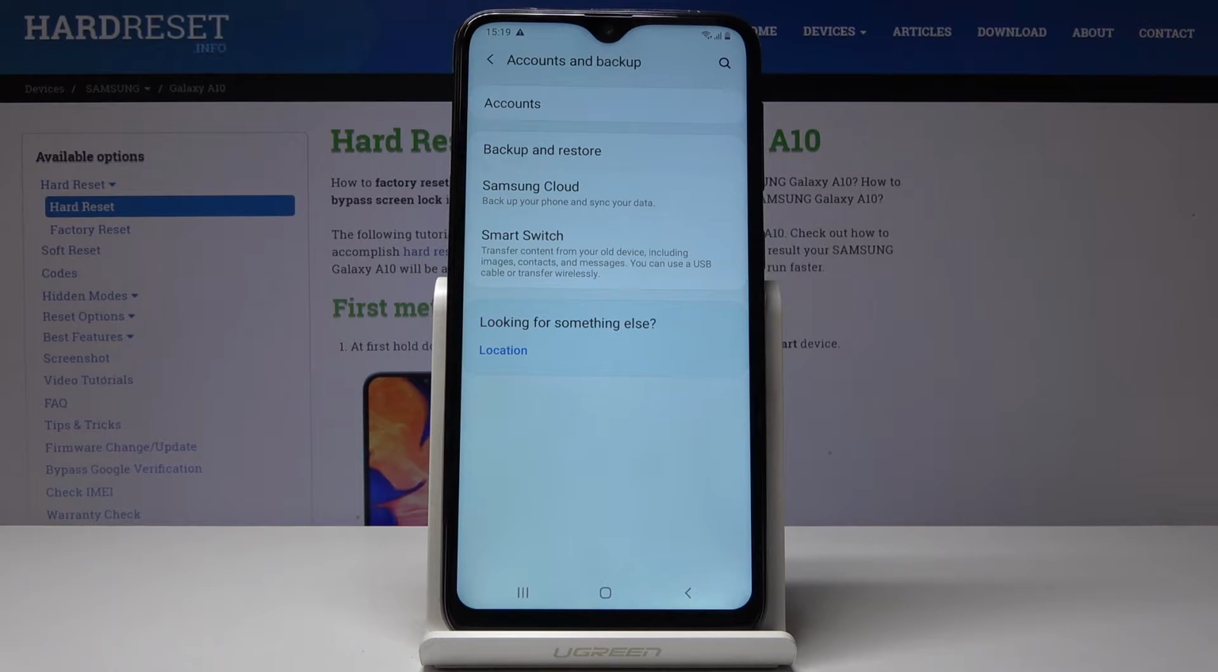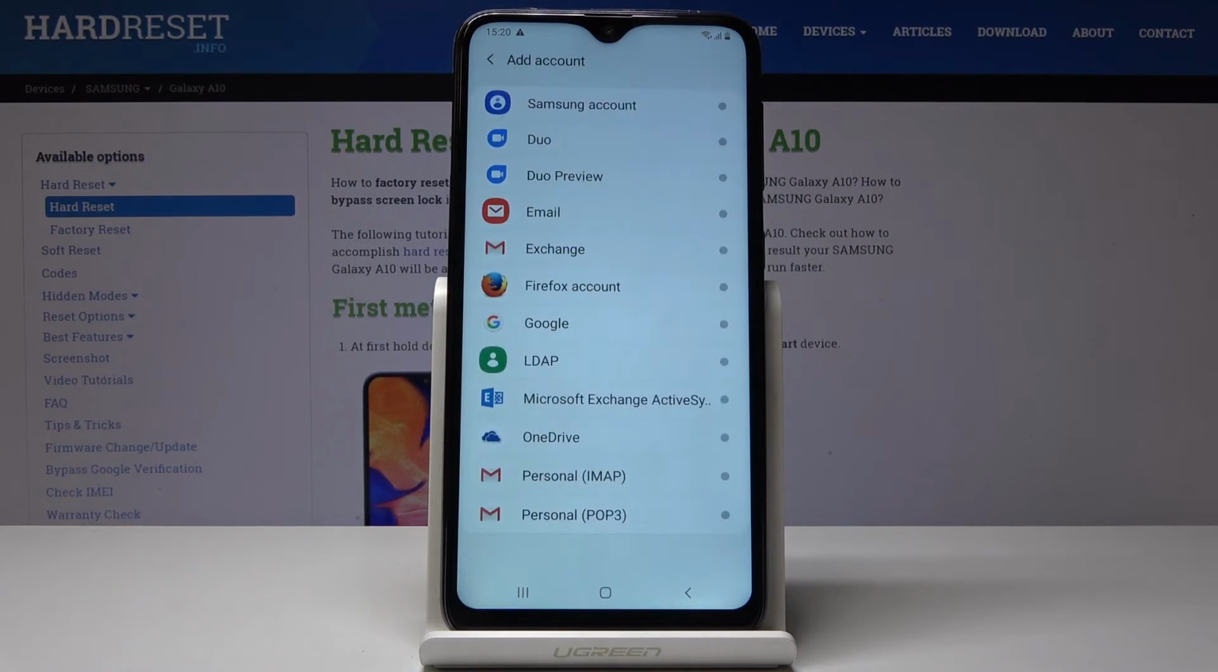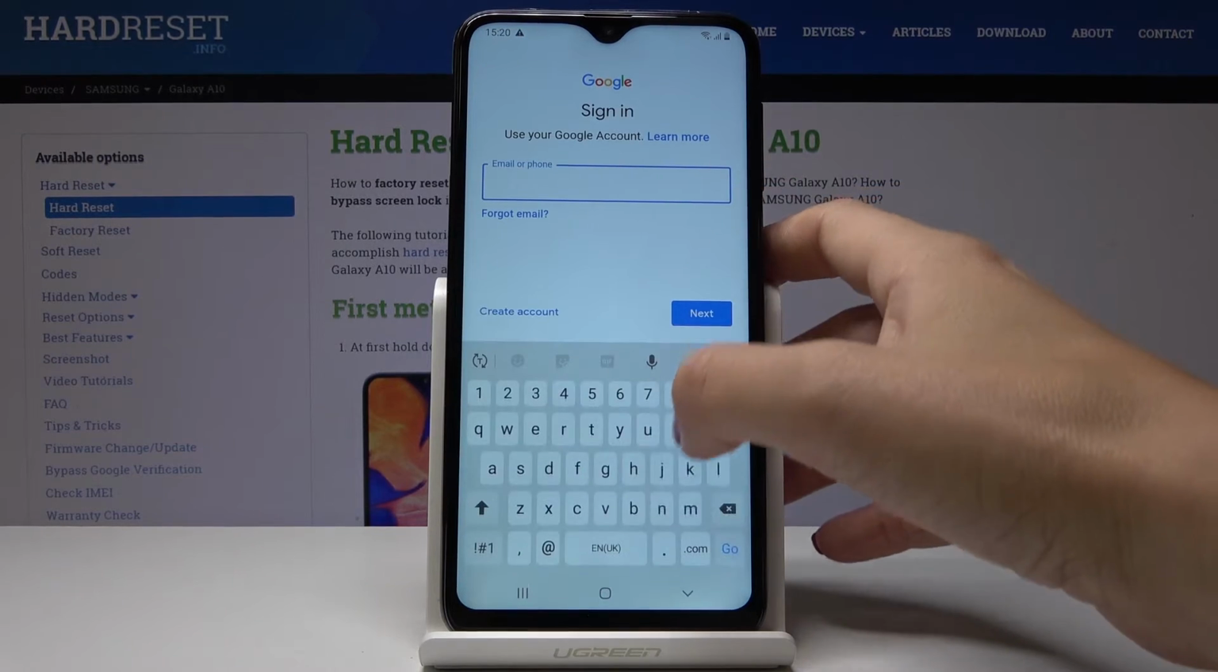Then if you would like to add another one, simply click on accounts one more time, pick plus icon to add account, select the Google, asks for Google account, and now give your device a short while. Just make sure that you are connected to Wi-Fi, because otherwise you will not be able to log in with your Google account. And now enter email address that you have